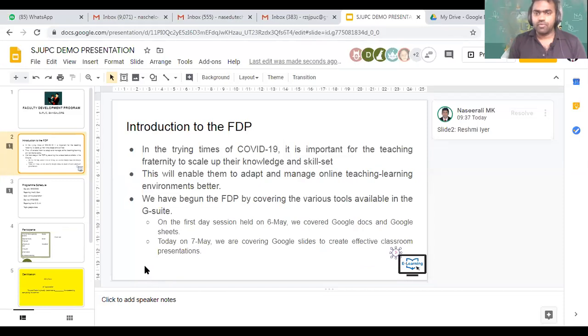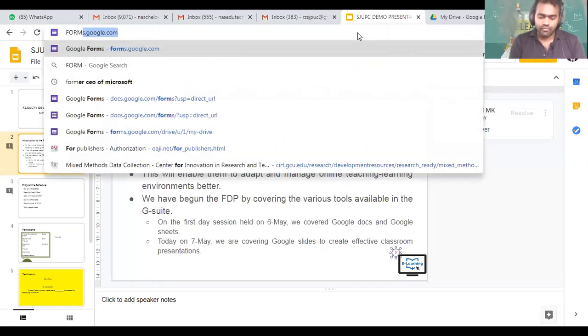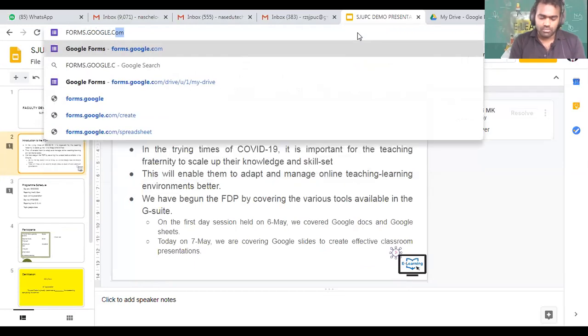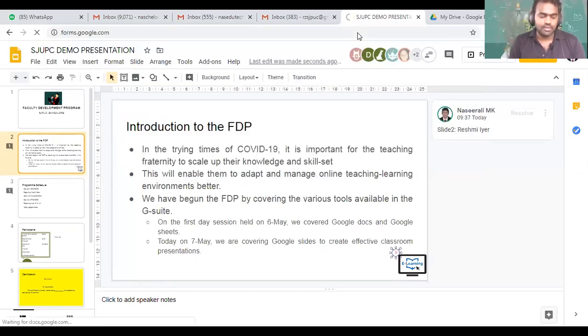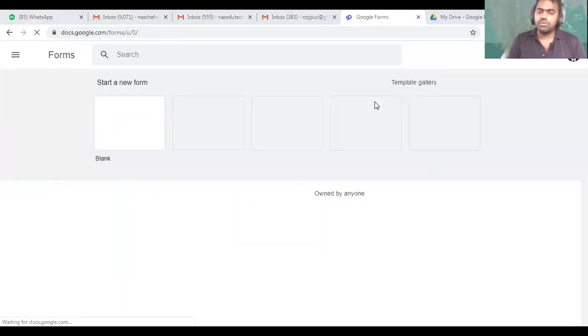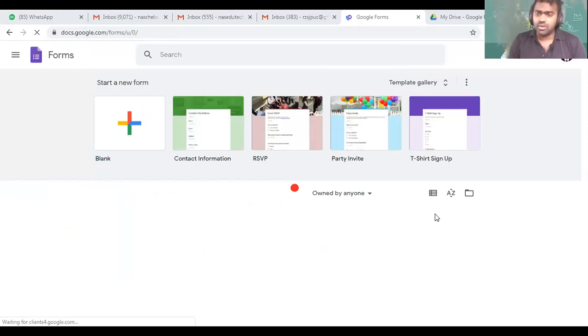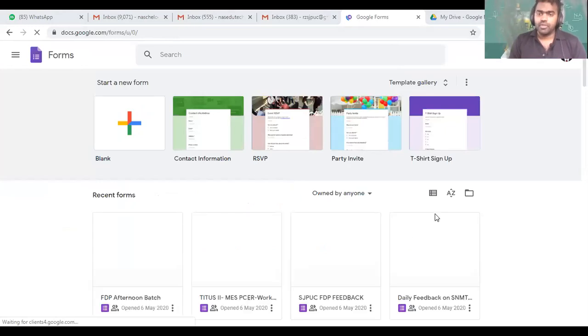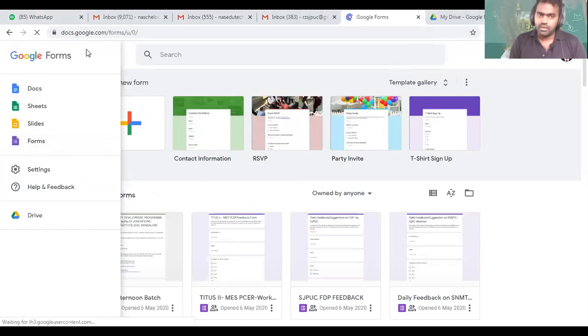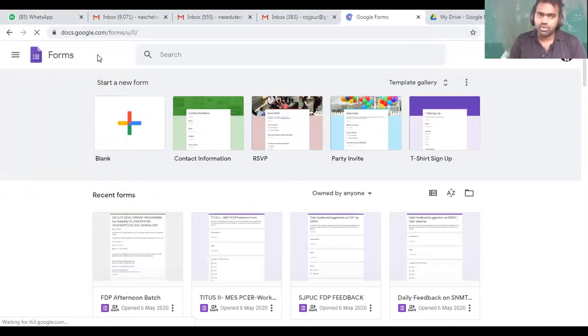Now, to access forms, you need to go to forms.google.com. You can directly enter forms.google.com, or going through Google Docs, you can click here on Forms. So you will be redirected to here.